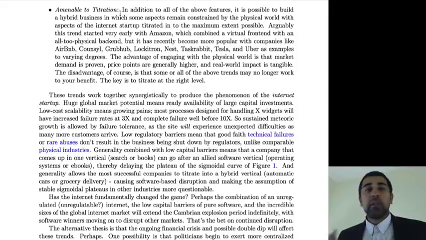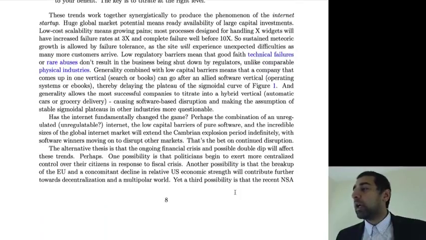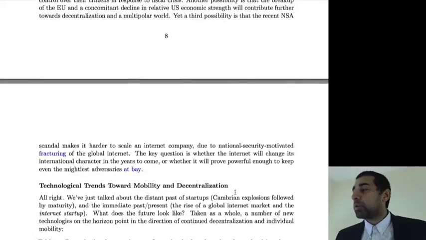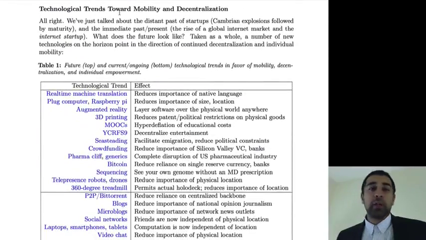So those are some of the key features of internet startups. These work together synergistically. They're one of the reasons that they're very attractive for large investments. You should read this paragraph and whatnot. What we'll do next is we're going to talk about the future of internet startups. What are the technological trends that we're interested in for this class specifically? One of the foci is going to be the concept of mobile and decentralization. So let's talk about that next.